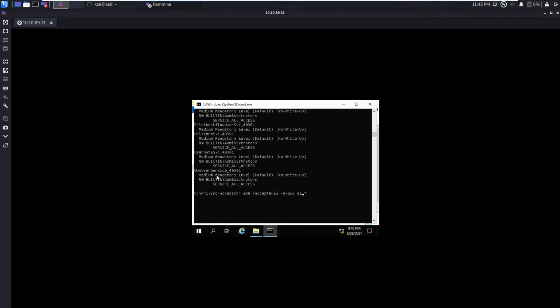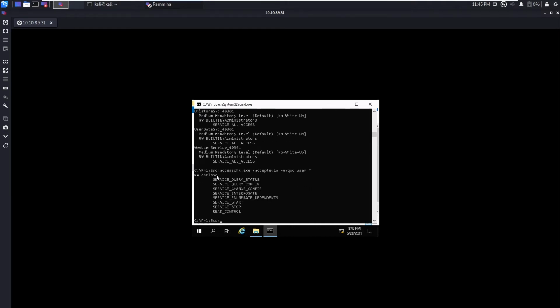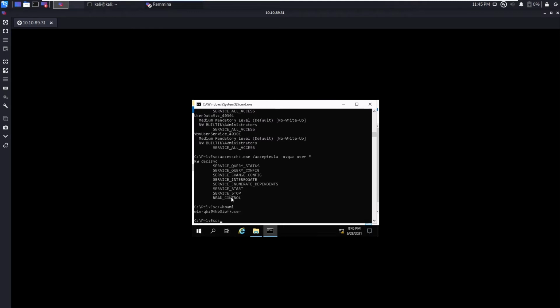Instead of the generic users, you need to define your user. So what is my username? That is user. Now you can see, for the user, I have queried for all the services which have write access for my user, and I came up with this DACL service. Here I can change the service config, service start, and service stop.